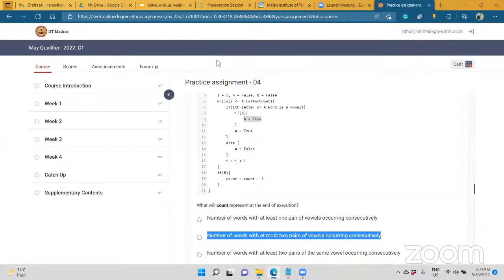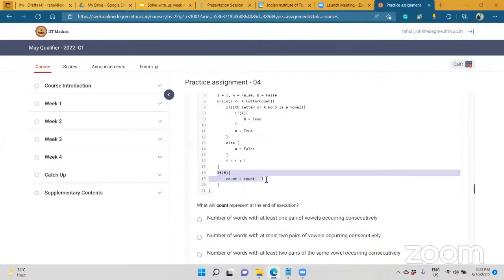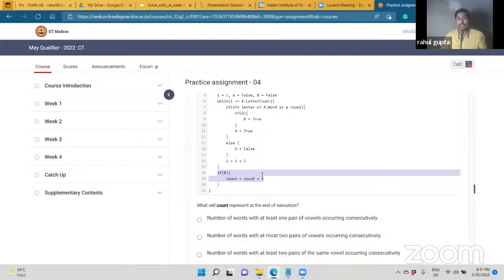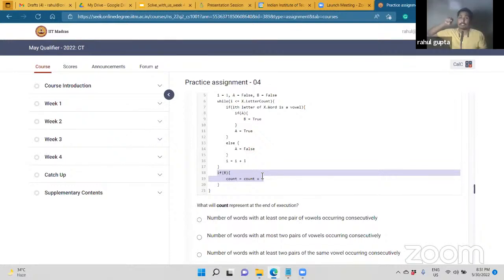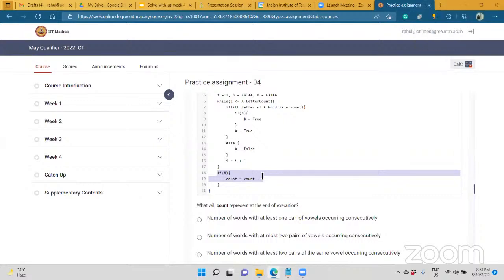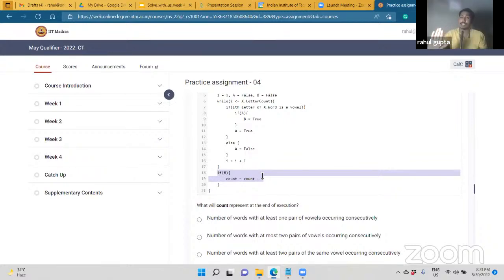So will you come to line 18? In this case, when I complete that word, then I will see how many times B is true. No, you will see whether B is true or not. Only when B is true will I increment the count. But you told, sir, that after completing the while loop we will come to the next step, and B is still not turned to false once it is true. Once A and B are both true, I will come to this if block. No, you will complete the whole word first.